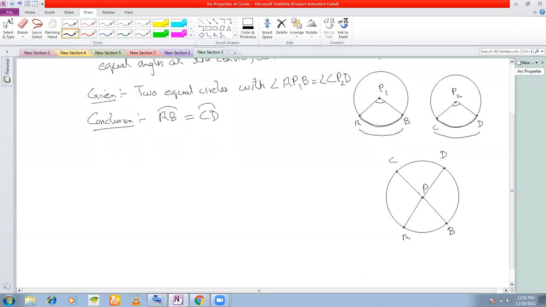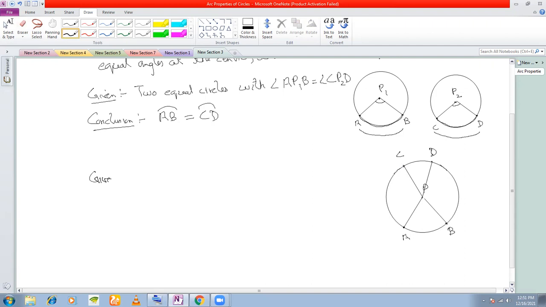Now you will say it has to be equal because they are vertically opposite angles. No, this is not a straight line. Let me alter this a little so that it does not look like a straight line. Let's say I take the points C and D a little closer. Now these two are not straight lines. AD is not a straight line and BC is not a straight line.